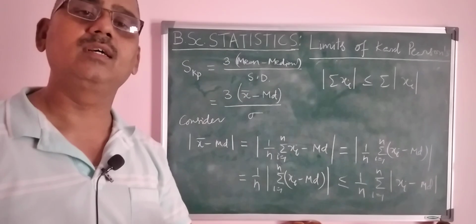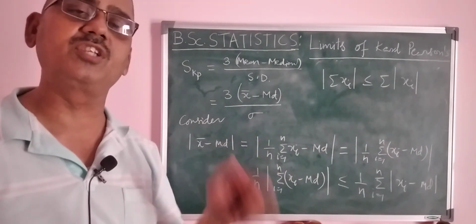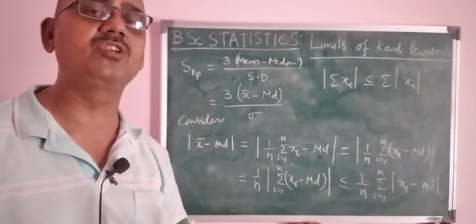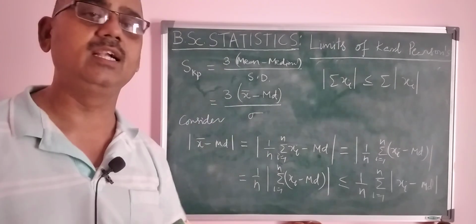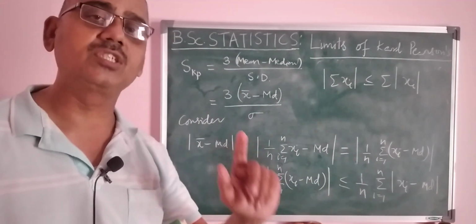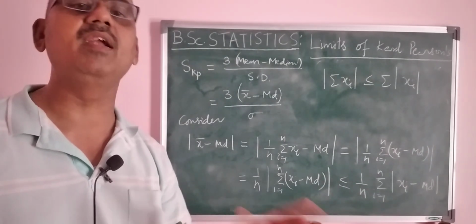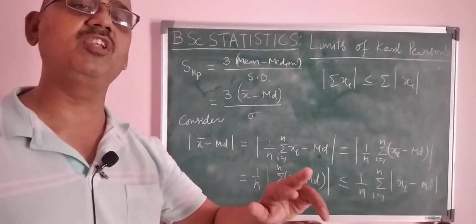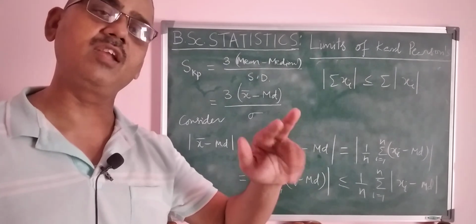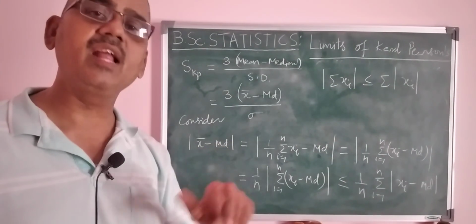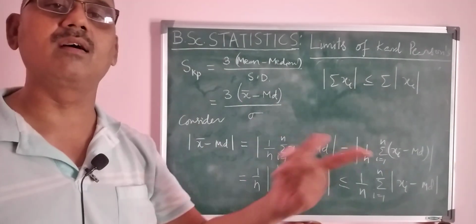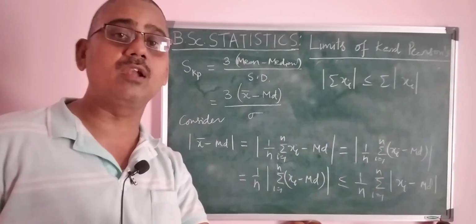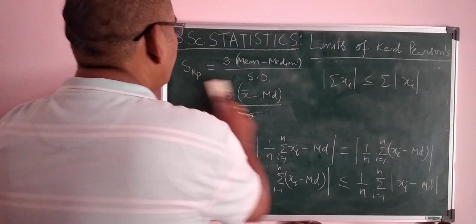Which is least? Mean deviation is least when it is taken from the median. You have to remember this result. Mean deviation takes the least value when it is calculated from the median. If you compare with mean and mode, median gives a lesser value than the remaining mean and mode. So now I want to compare with median and mean. Therefore, you can easily identify that. You can easily say that.